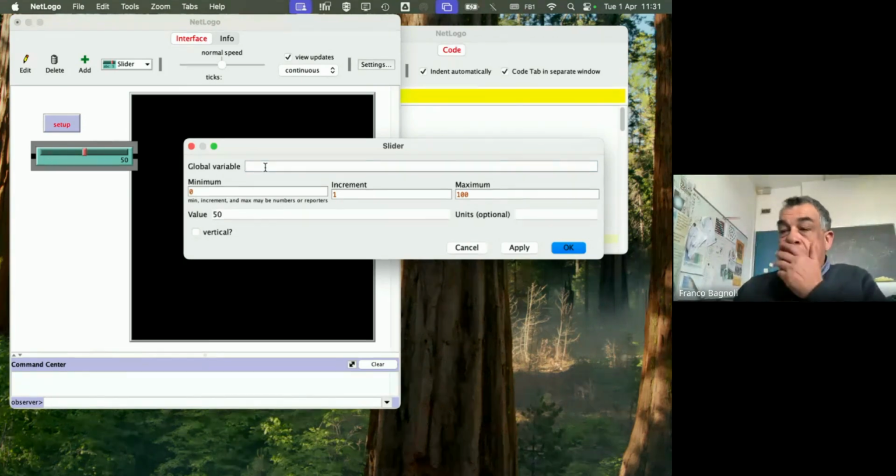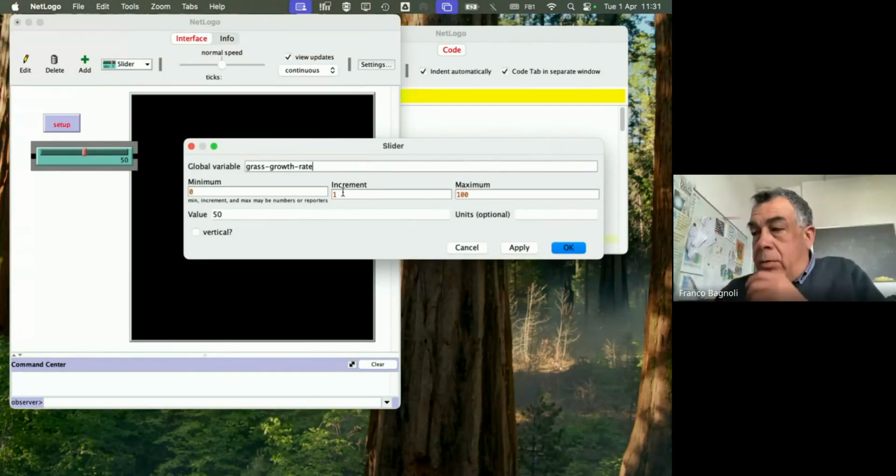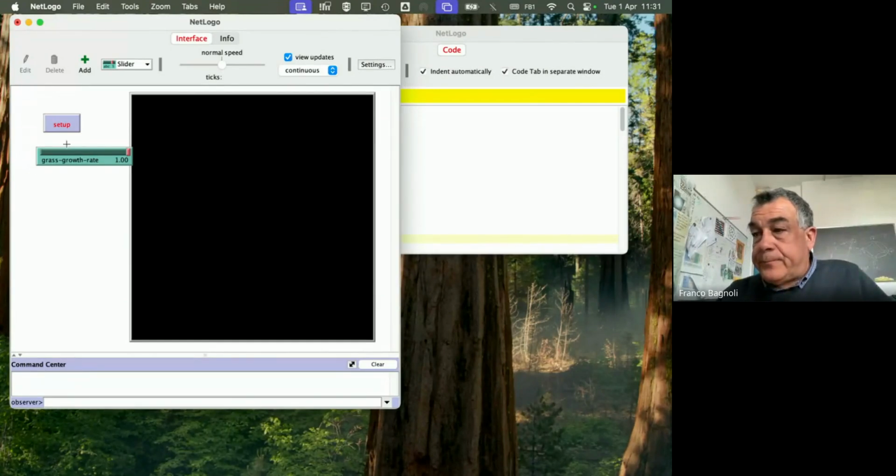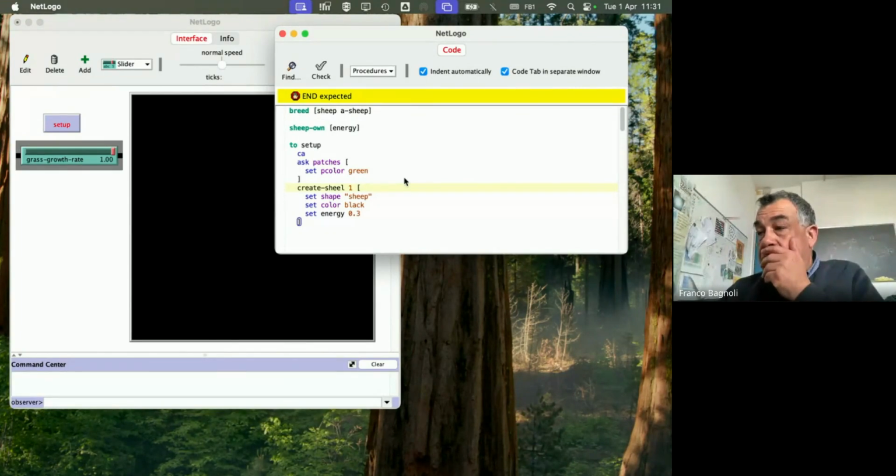This can be grass growth rate, for instance. Let's say from 0 to 1 with some small increment. So